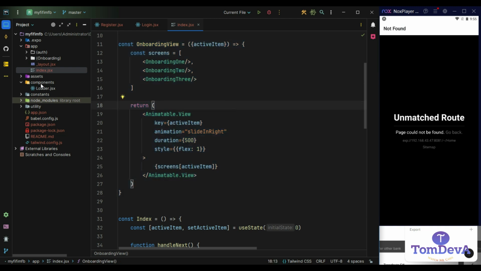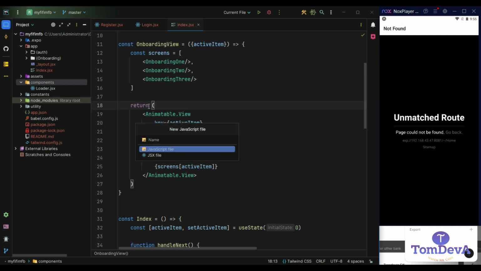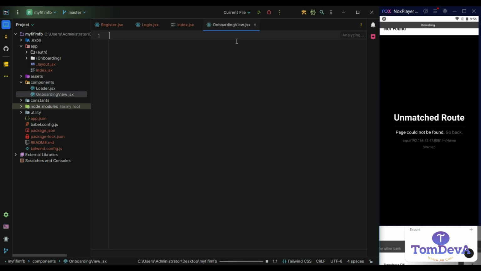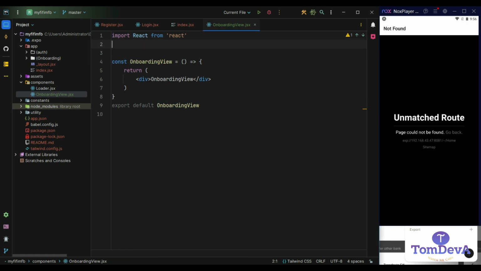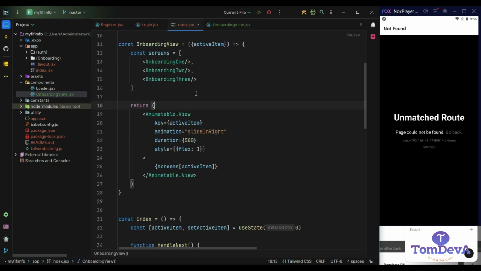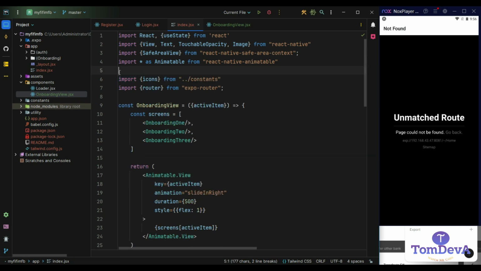So let's come down to the components folder and create a JSX file, let's call it onboarding view.jsx. Inside it, let me run my code snippet. Let's have all our imports. In fact, let's import all the 3 onboarding screens from the index. So you have to go up, import everything here, the 3 onboarding screens, just cut them and